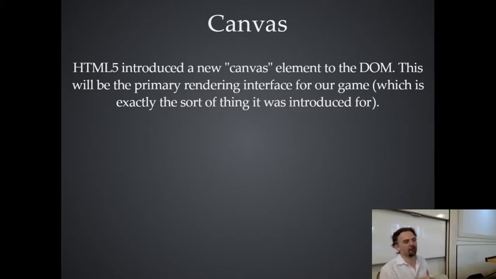Because without it, if you're trying to do stuff on the web, remember that the basic facilities in HTML are very primitive. You've just got simple text and images. You can't control the layout very well, or if you want to, you have to resort to CSS, which can be a bit of a pain at times. You've got tabular layouts and stuff, but this isn't what you want for a game. I want to have like Space Invaders, and I want to have one over here and one over here, and I want to move them around and do whatever I like. Why can't I just do that? Why can't I just draw stuff where I want it? And on the web, you basically couldn't